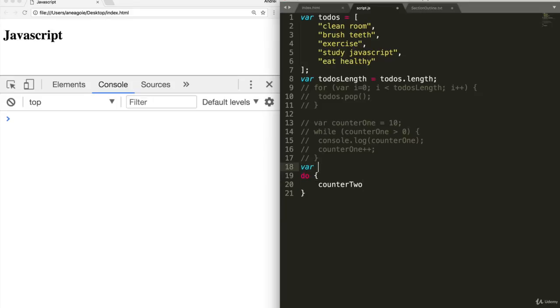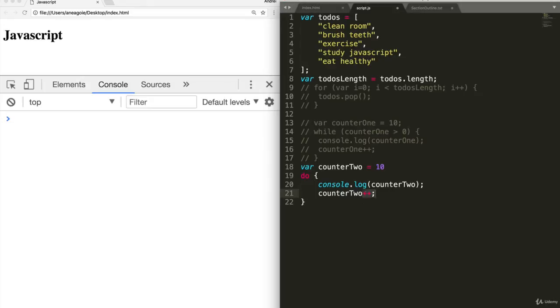We'll do var counter2 equals 10. And do counter2 minus minus, so subtract counter2, and also console.log counter2. And we want to move console log at the top, because this way it'll start with 10,